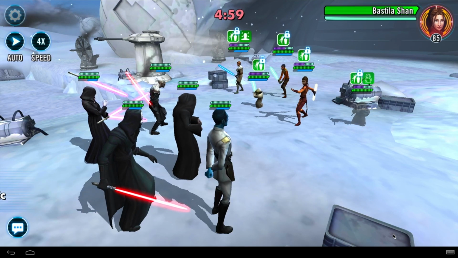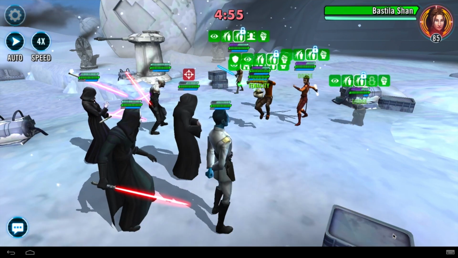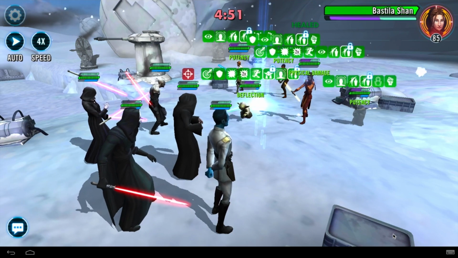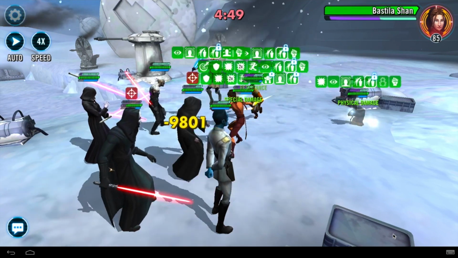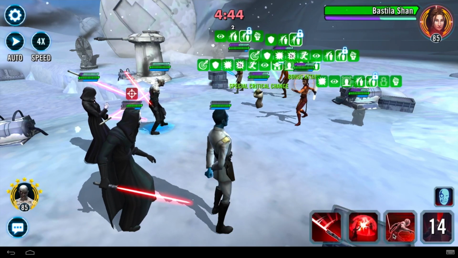Alright, so now I'm going to actually try doing this on offense. Maybe doing it manually can actually beat this, but it seems like it's really hard. In this case, their team is faster than mine. My Thrawn is not in the speed, because with Grandmaster Yoda, you could get super high speeds,